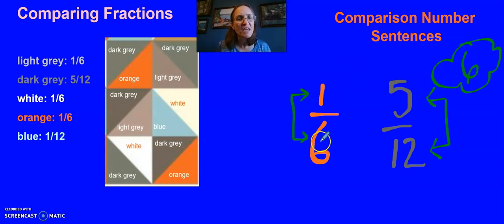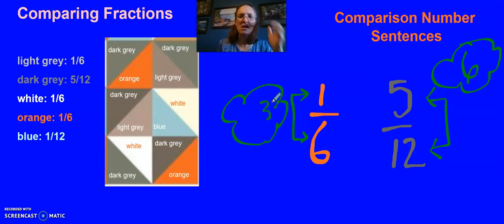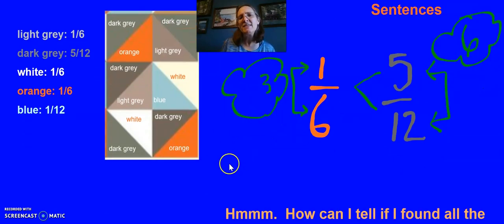And, if I think about this, 3 is half of 6. So it turns out that I could just use common sense and relationships to compare sixths with 12s. And I could find out here that 1/6 is less than 5/12. Now, you're going to want to do as many comparisons as you can in order to get the most out of painting pieces. Which leads me to the question,